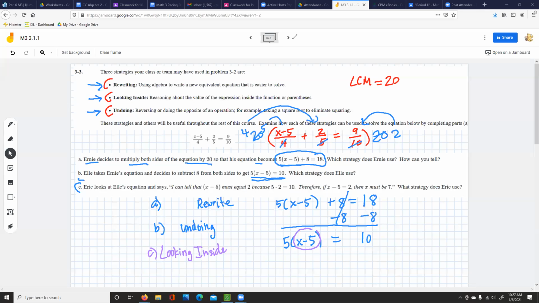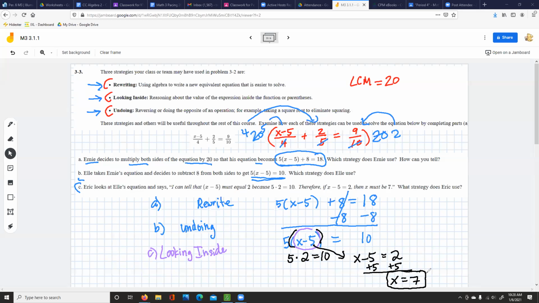Okay. So we're saying, hey, this has to be 5 times 2 equals 10. So I just need to find what's inside. I need to find x minus 5 has to equal 2. So I could drop the 5 and the 10 part and just do the inside part. What's inside the parentheses has to equal 2. So my last step is I'm going to add 5. And I say x has to equal